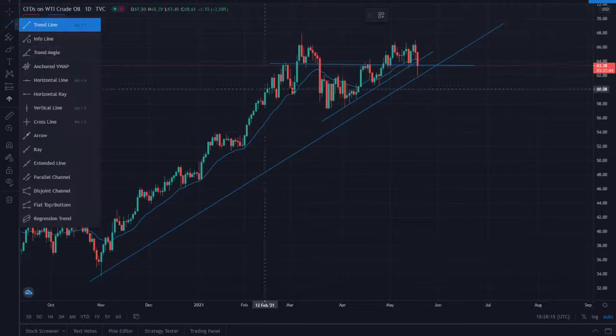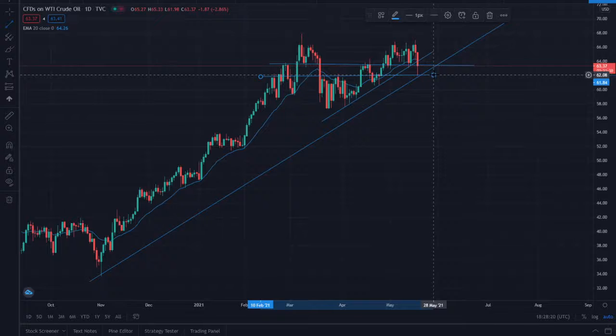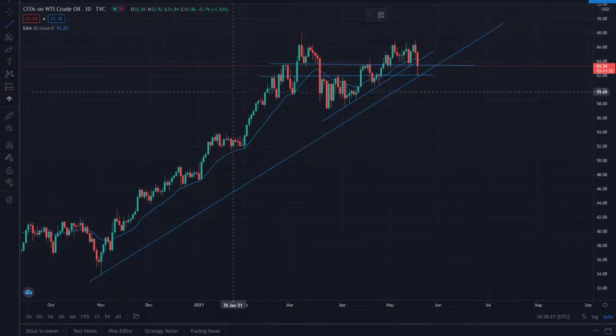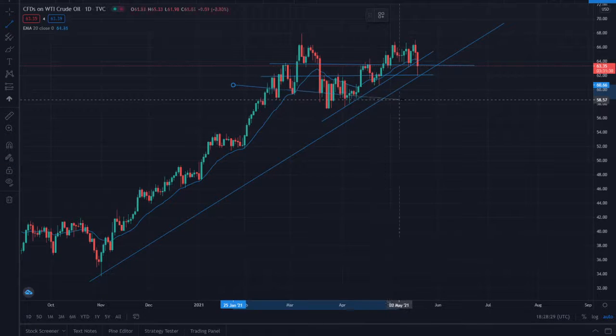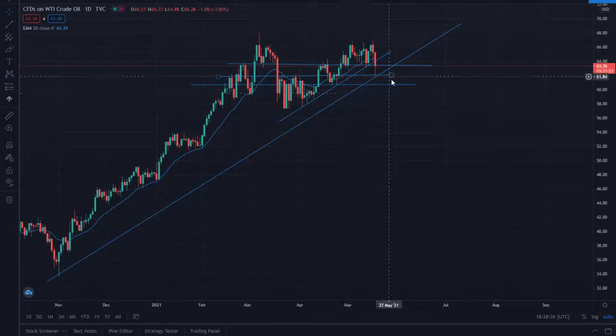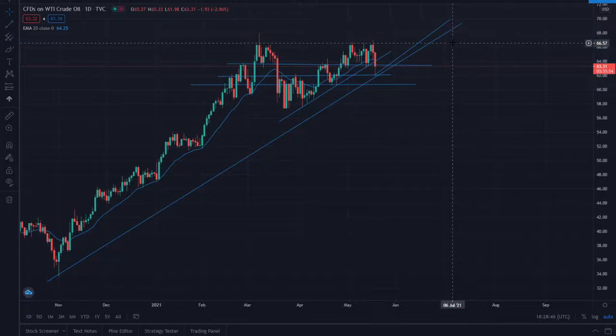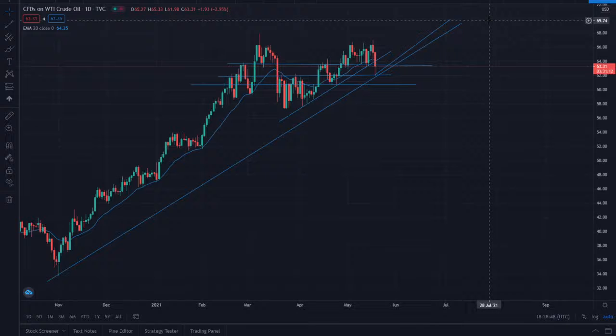So the next support line would be, well, what was the lowest point that we hit today, which is exactly here alongside the trend line. Now, if we fall even further back, the next support line would be at around 60.60. So for now, it looks like we still could go higher to, well, let's say the $70 mark,